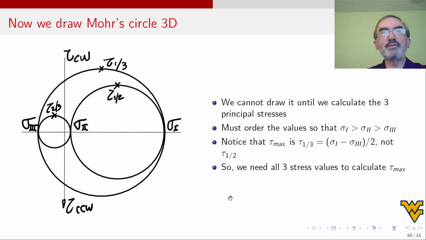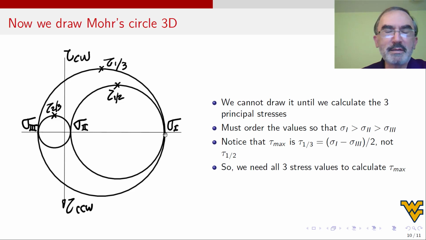So you see, for Mohr circle 3D, you cannot draw the Mohr circle like we did for 2D. You have to get the values first, then you draw the circle. And we get the values from using the software. All right, so once we got the values, then how do we draw these?